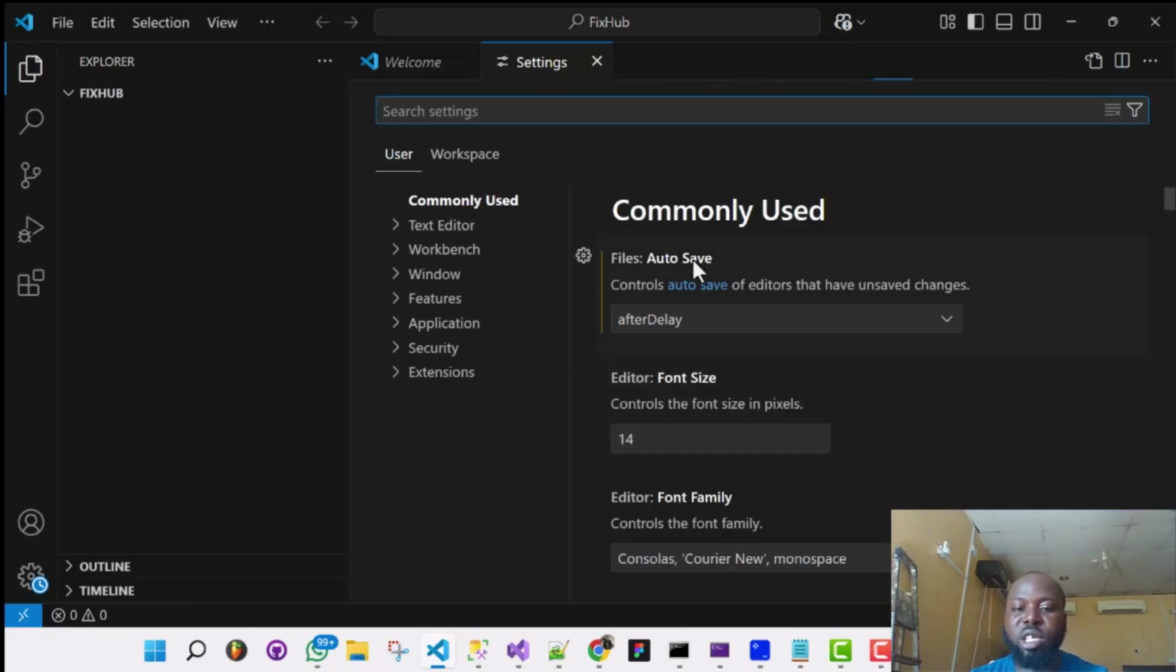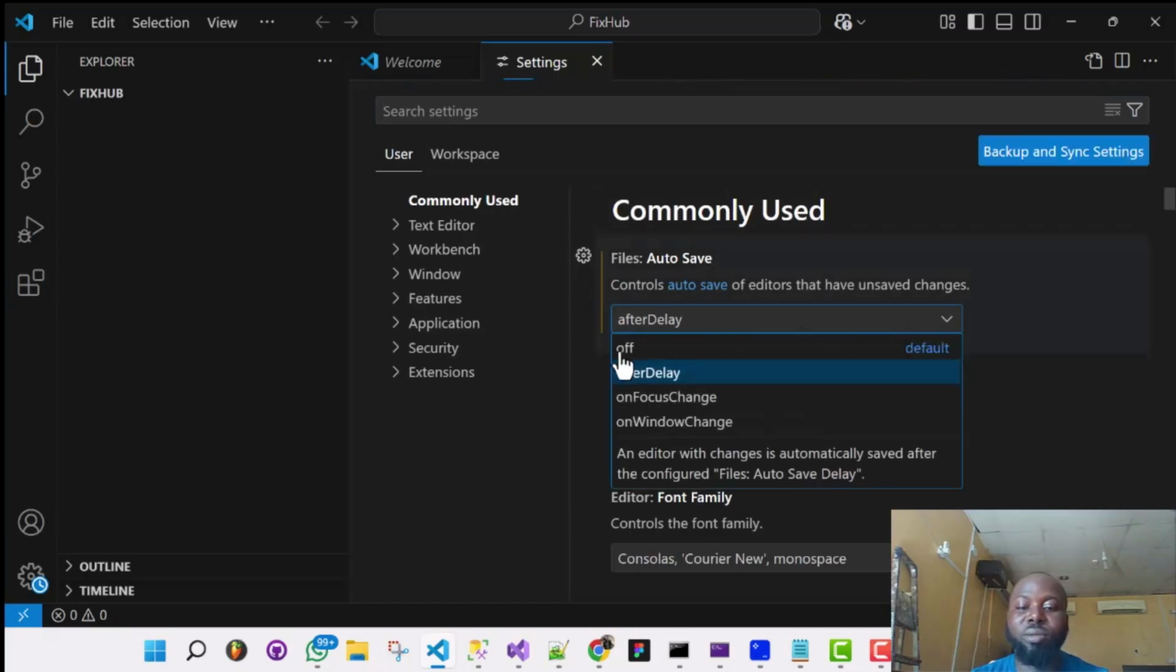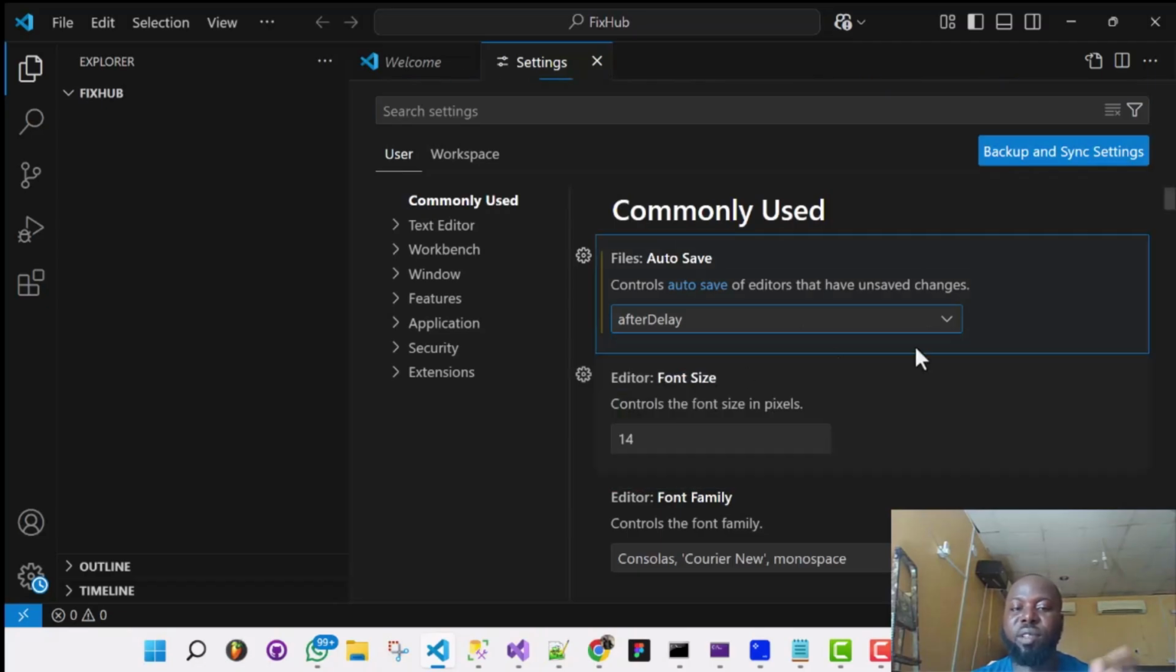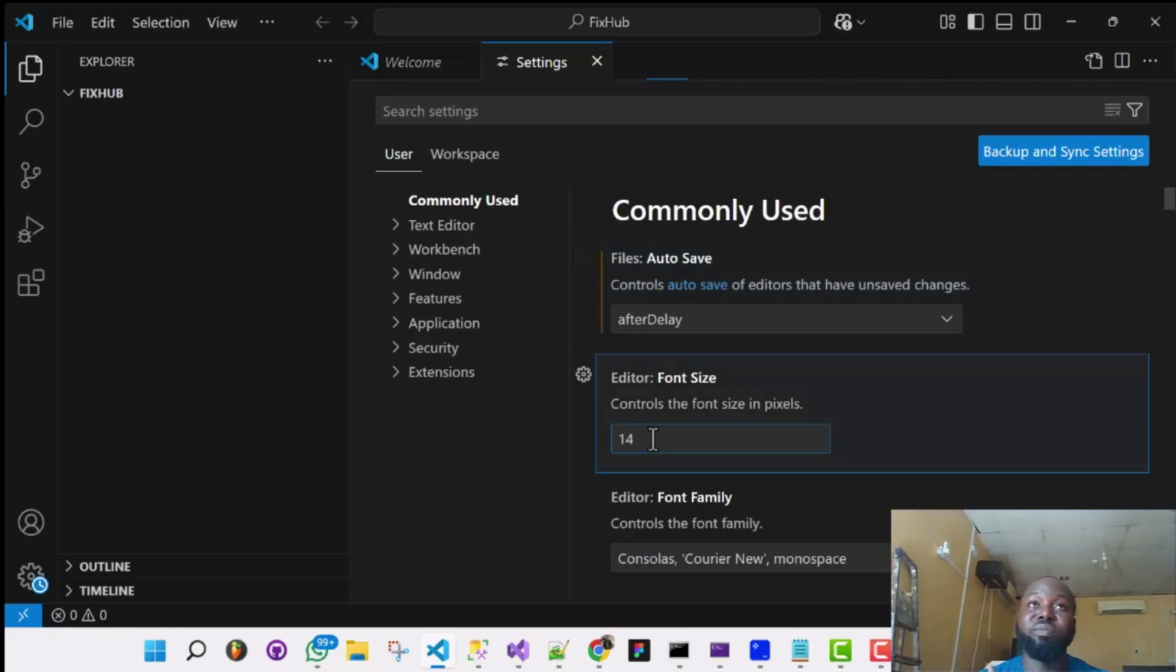For me, you see this one, we have auto save. This auto save, just come here and change it to after delay. I already did mine. Normally yours should be off if this is your first time of using VS Code. Just select after delay and it will save automatically. You can change the font size if you want your text to be smaller. Let's say it is 14. I think that was the standard. If you want it bigger,